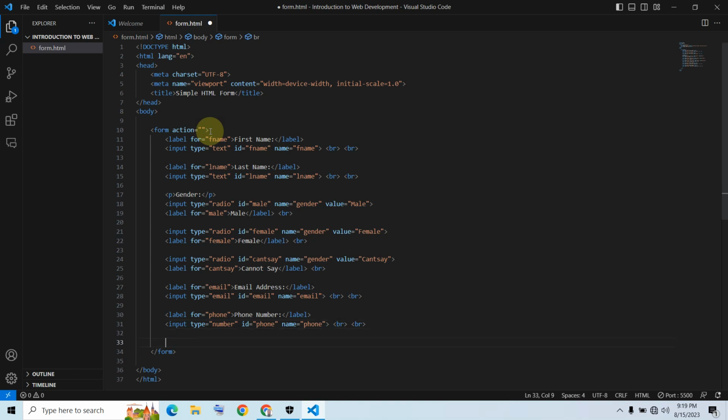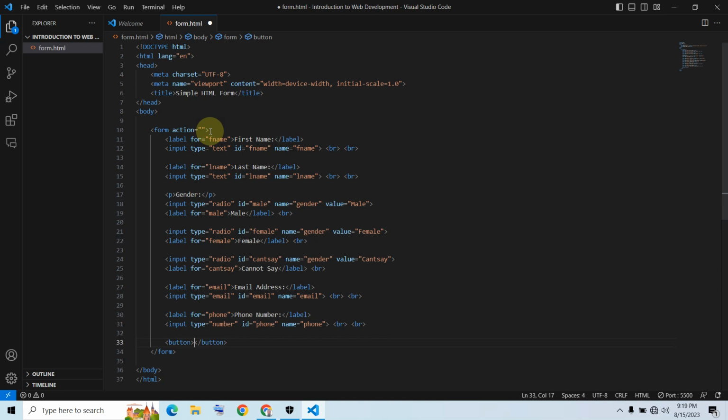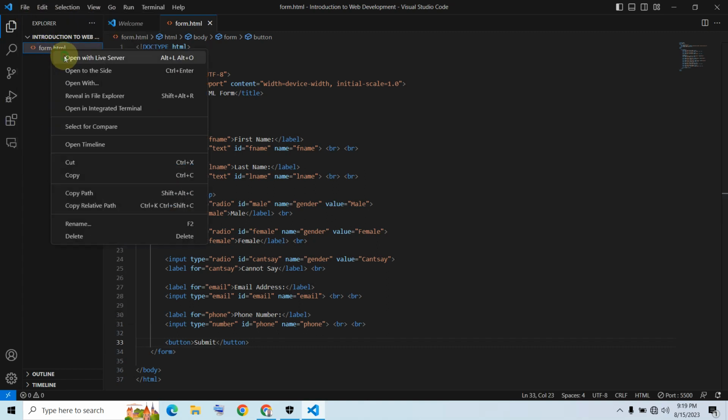So next we're going to have a button. This button is going to be somewhere where the user clicks when they want to submit the form. So now I'm going to set a text to it, and the text is going to be submit. So this text is going to appear, and the user can click on it to submit the form. So let me save my file and let me open it with the live server. The live server is a plugin that I've already installed, and it allows me to view my web page